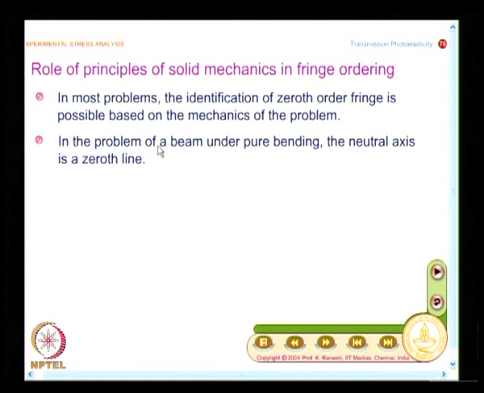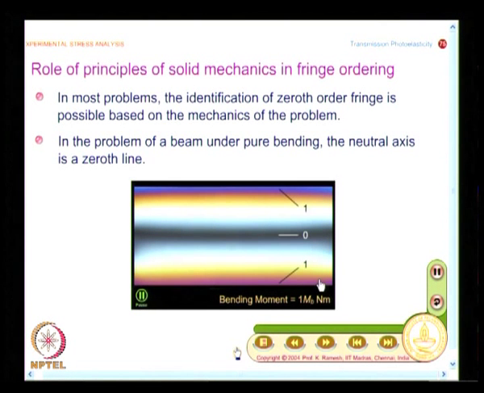So, in the problem of a beam under pure bending, the neutral axis is a zeroth line. It is not just a point, you have a complete line which is a zeroth fringe order,